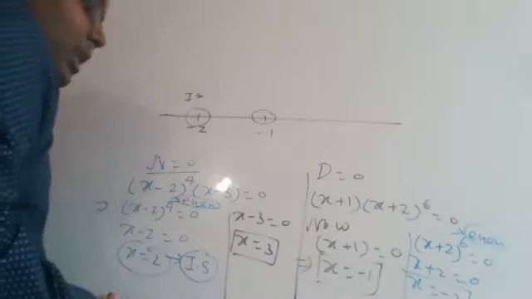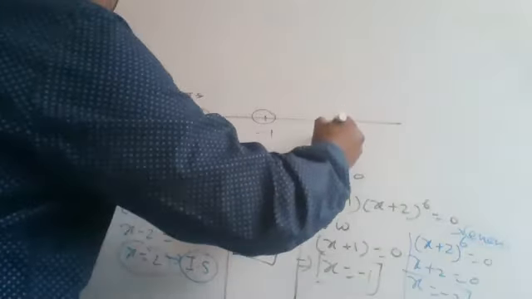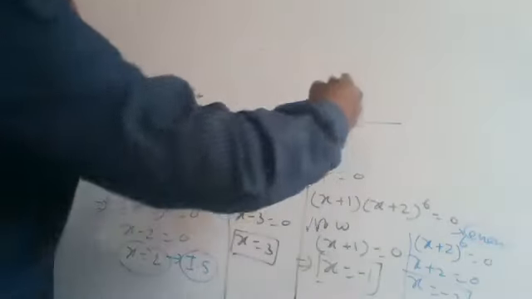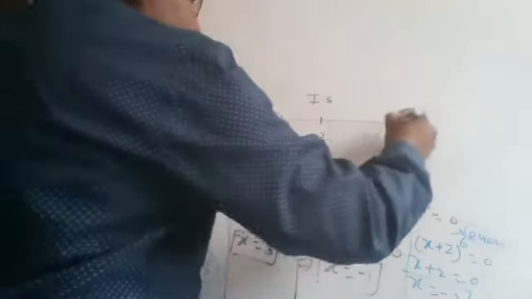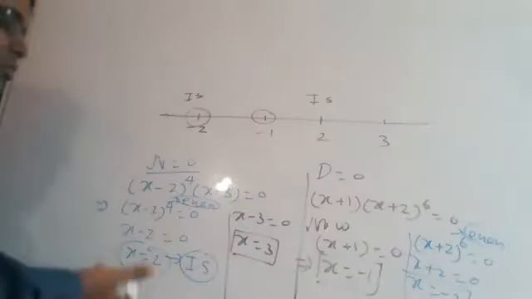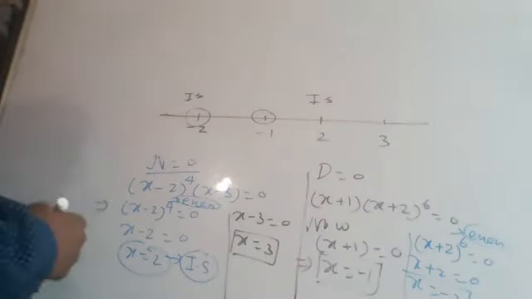So we have to apply an open interval over here, so we make a circle over here. After that, we put 2. 2 is an isolated solution, we write that it is from the numerator. Normally, we just put it normally. After that, we put 3. This is a normal solution because it is obtained from the factor having an odd power. Simple.